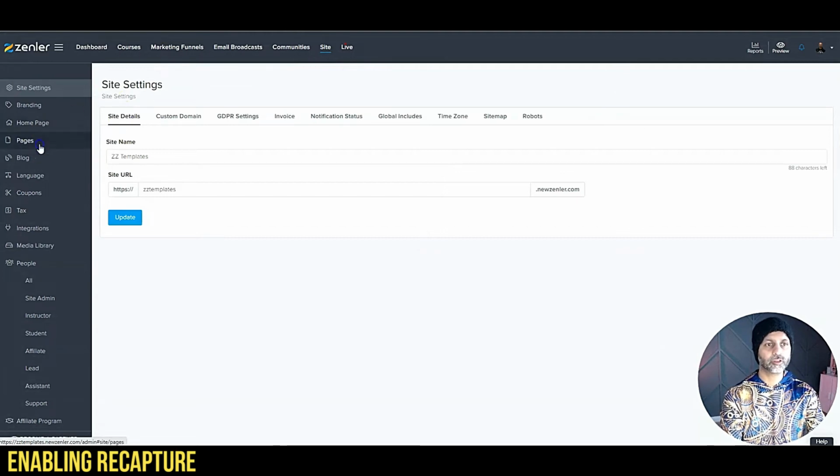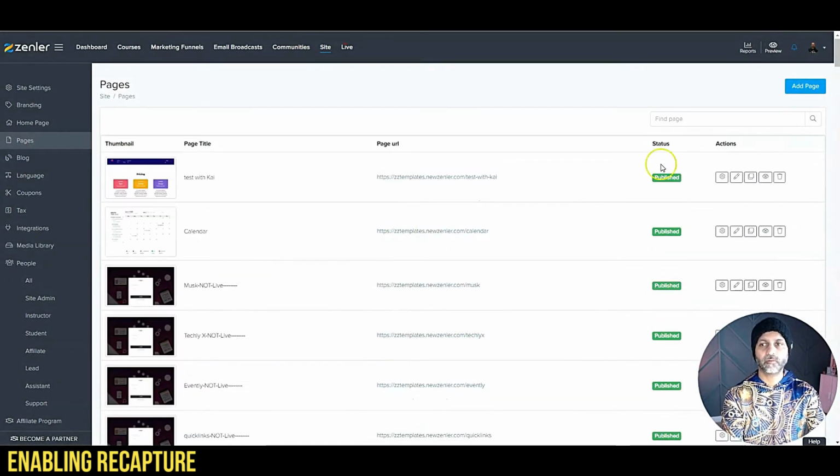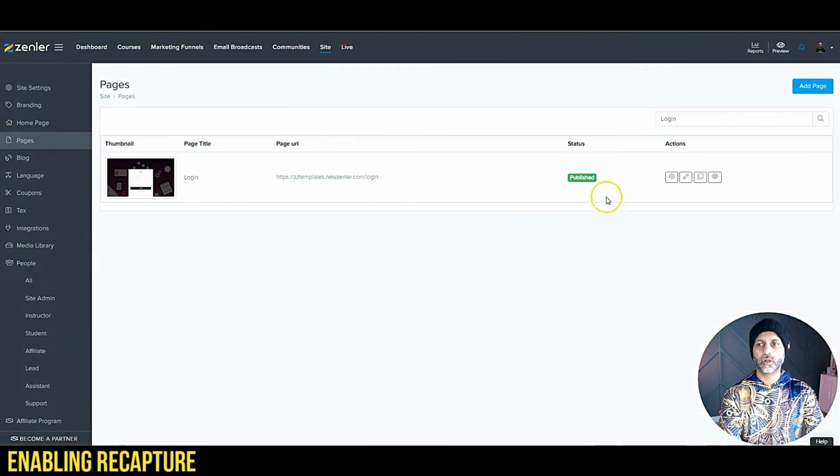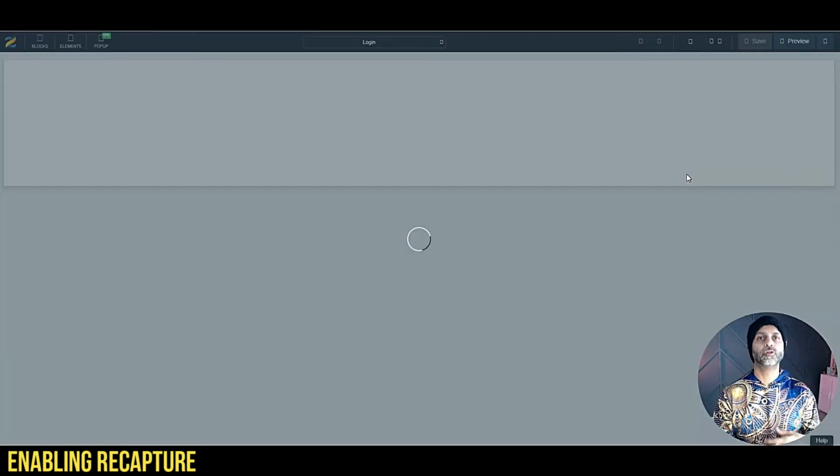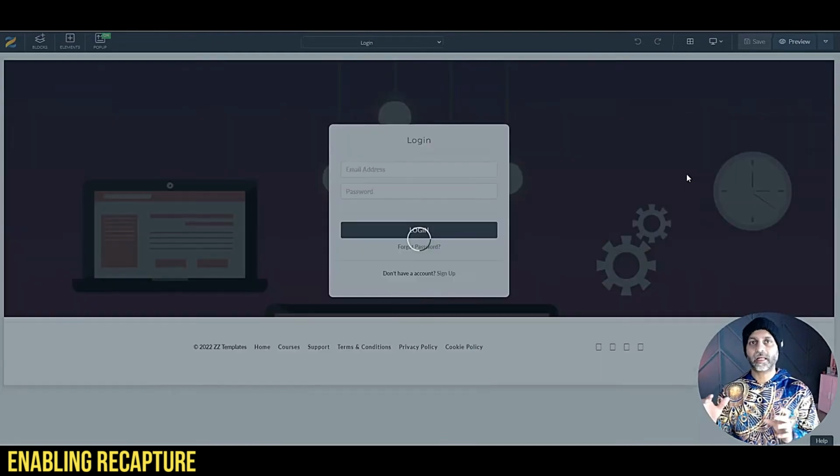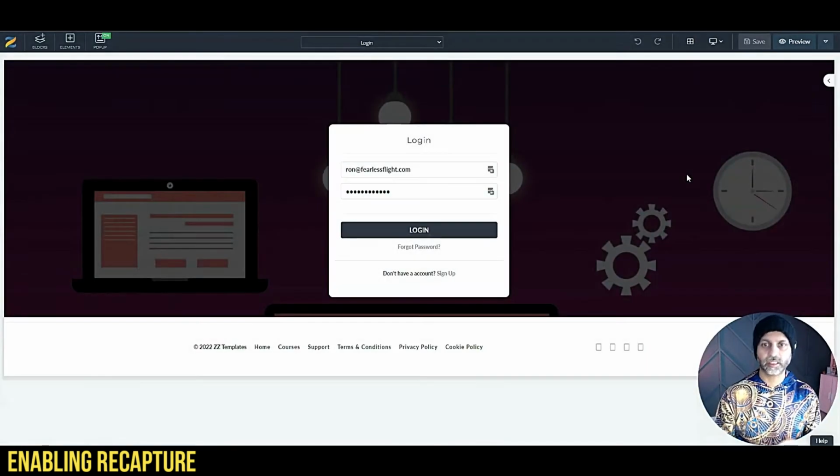So what I'm going to do here is go to site pages, and then within your site pages, if you just search for login, you can go and edit your login page. And what you can do here is enable reCAPTCHA, which tells your visitors that they need to fill in this puzzle before they can log in. And that helps with bot attacks, making sure that a real person is trying to log in to your school,